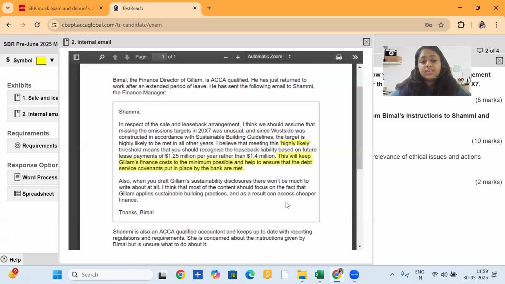As this clearly indicates, Bimal is not well versed with the sustainability standards which are being applied here, which is typically S1, because S2 is on climate. So with the general requirements of sustainability reporting, he's not well versed with the risks and opportunities, the reporting requirements and the other details. So this shows there is a lack of up to date technical knowledge with Bimal,